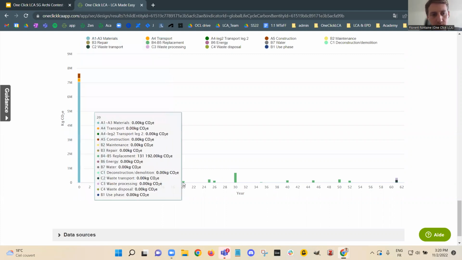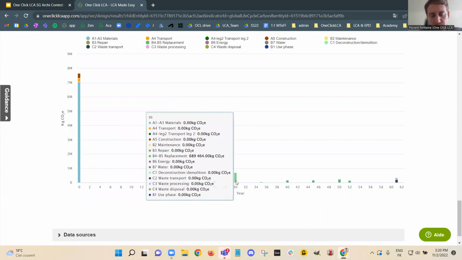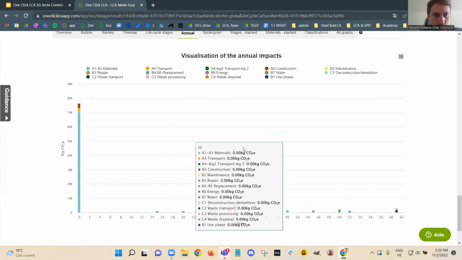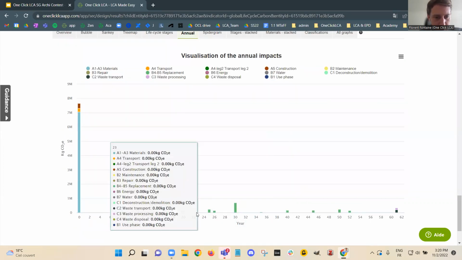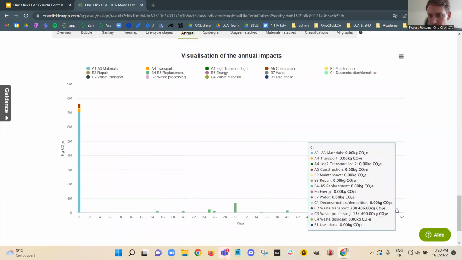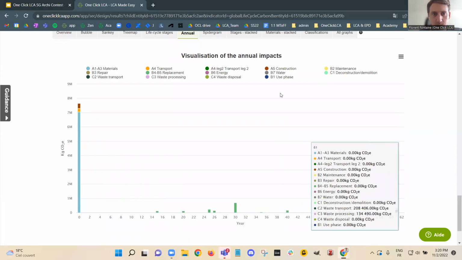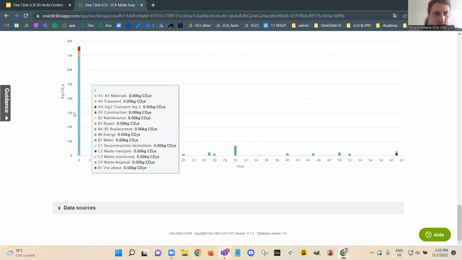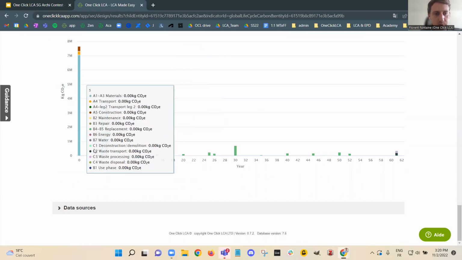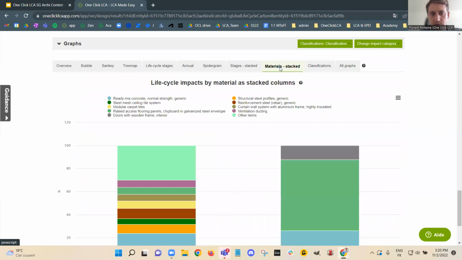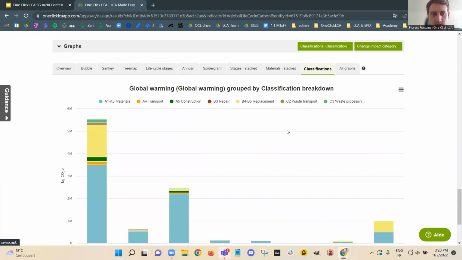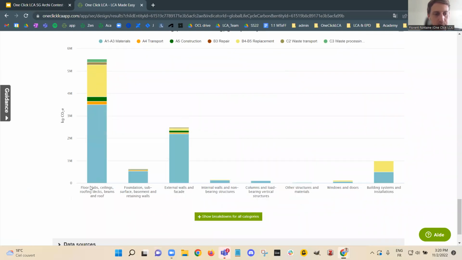Again, you find here other contributions, which are mostly the replacement, because in this project there is no energy use, or at least I don't see it in the B6. No, it hasn't been put energy use in this case. So this is what is interesting here, to see that most of the emissions are done in the year 0. And then we can continue with materials stacked and classifications with the different elements